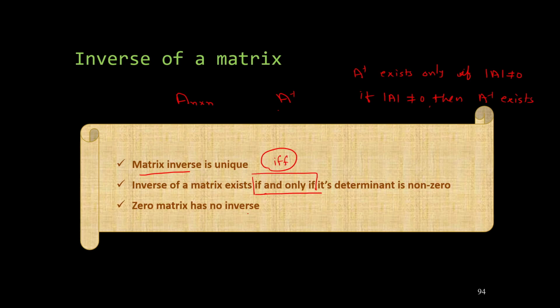We can also say that the zero matrix has no inverse. Obviously, you might know some special matrices: zero matrix, unit matrix, identity matrix, and so on. If you are not sure, you might want to watch a tutorial on that. So a zero matrix means a matrix for which all the entries are zero. If it is a 2 by 2 zero matrix, it is like that. If it is a 3 by 3 zero matrix, it is like that. So all the entries are zero. For a zero matrix, definitely the determinant is 0 because all the elements are 0, and it means it is non-invertible, and calculating the inverse for this matrix is not possible.